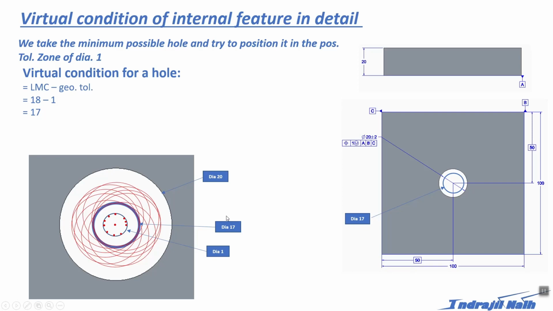Okay, this will be my virtual diameter value. Whenever you have this virtual diameter, whatever part is being produced here, suppose you have a gauge with a pin of 17 dia, your hole will pass through it if it follows the dimension rule that has been set here, that is 20 plus or minus 2 with 1 at maximum material condition. So the minimum hole dia that it can produce is 18. Okay, so the 18 will always lie outside this region, so that your hole actually goes inside.